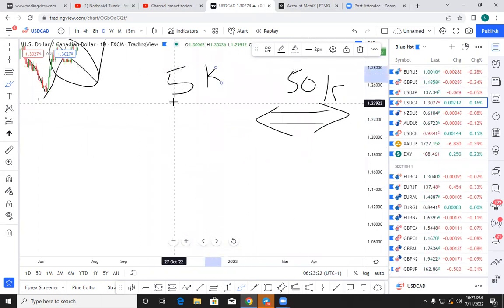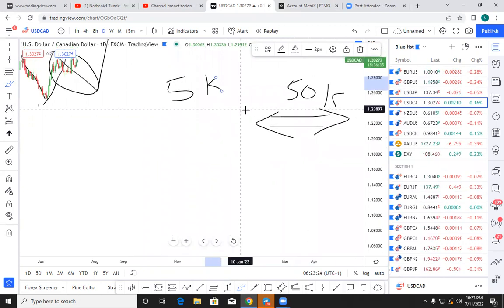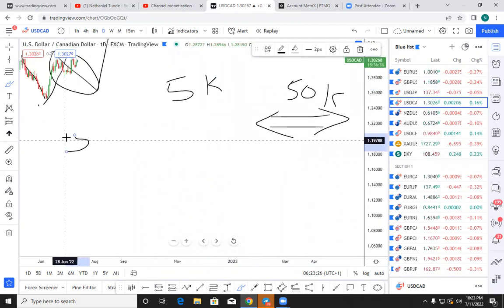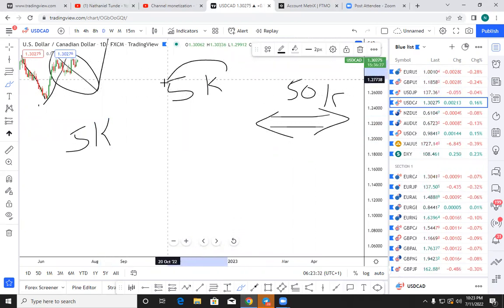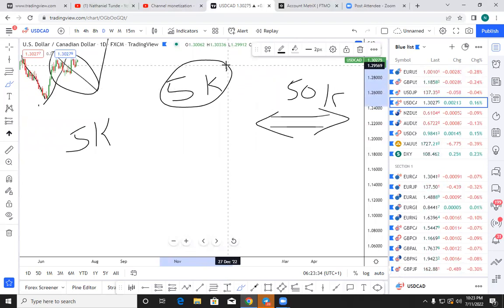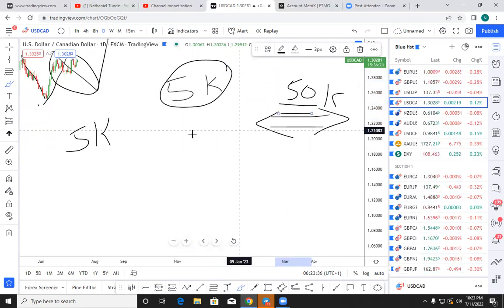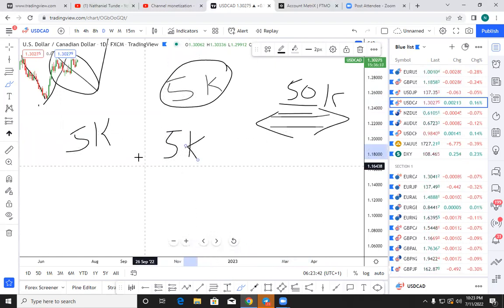So if they have said the highest that I can lose is 10%, but they require me to make 5K, which is 10%, I say, okay. It then means that if you are saying the highest you can permit me to lose is 5K, you are not giving me a 50K account. You are giving me only a 5K account. That's how I see it. You are giving me a 5K account to make 5K. You want me to make 100% of my account, not really 10%.